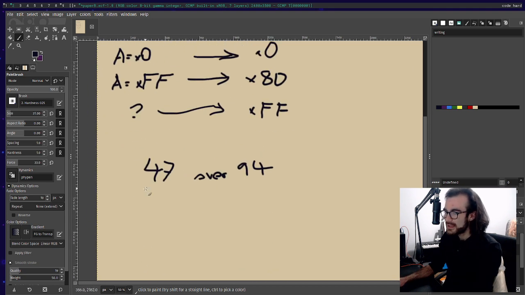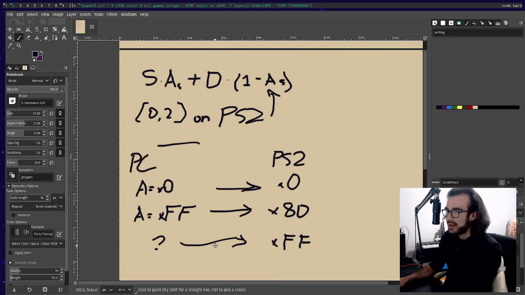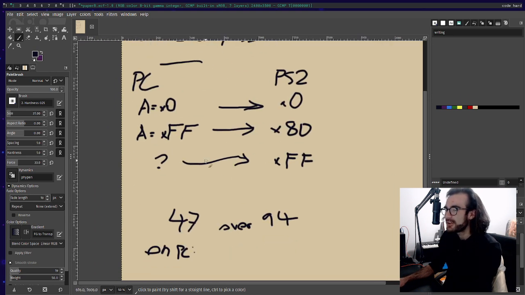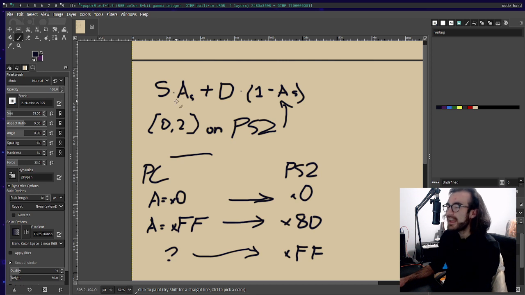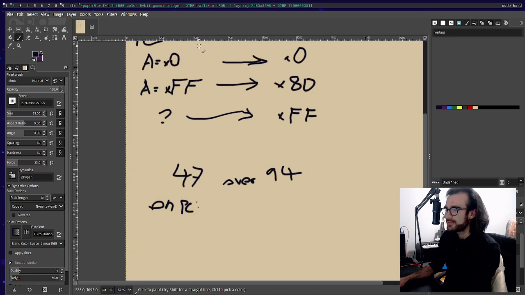So on PC, let's actually just take them as the numbers 47 and 94 because it's easier to do maths with them, right? Well, on PC, we don't really have to write it out. They're both fully opaque. The alpha of S is fully opaque. So we multiply S by 1. Let's write it out.